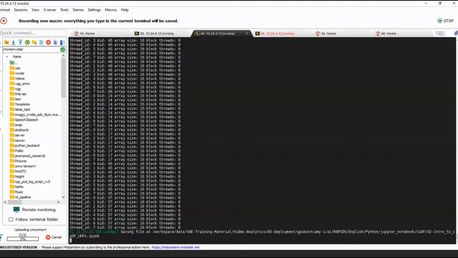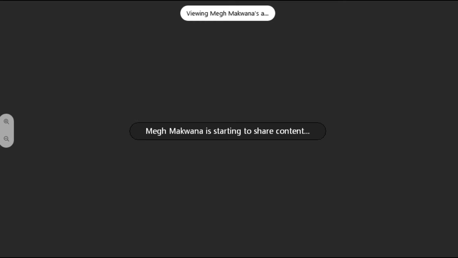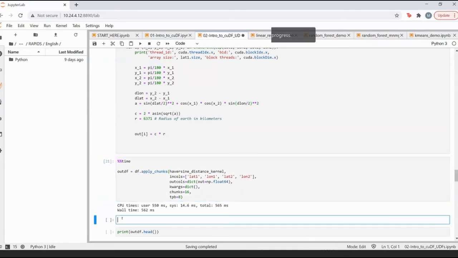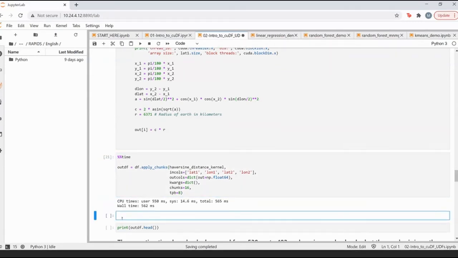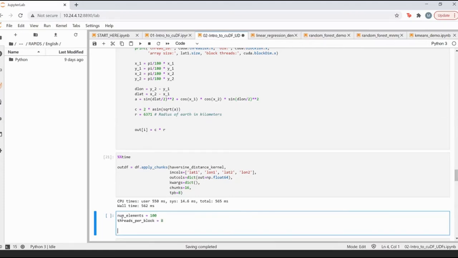And that's why we'll first try to manually formulate this again with respect to some of the parameters. So just give me a second. Let's go back to the Jupyter notebook, and we'll try to break this into smaller chunks again. We'll apply the same logic that we did previously. So my number of elements was 1000. My threads per block were 8.